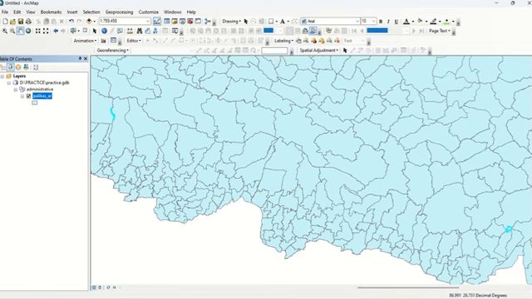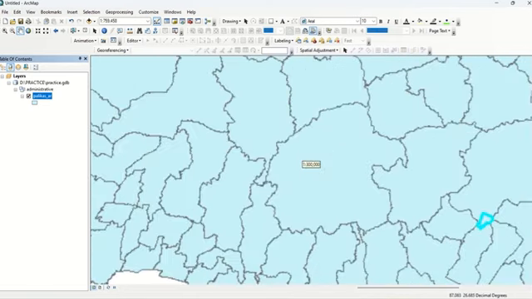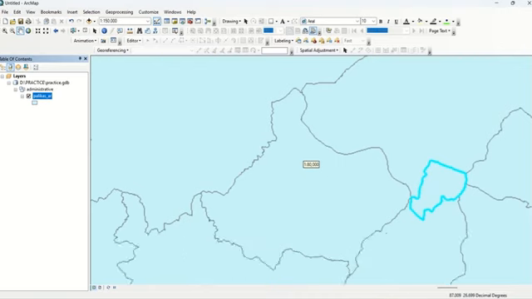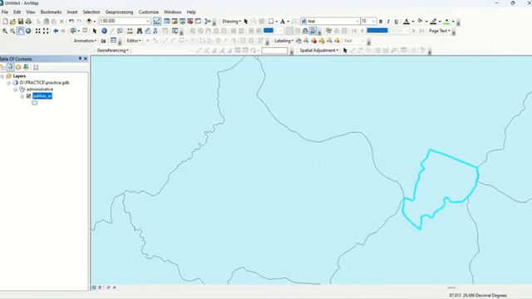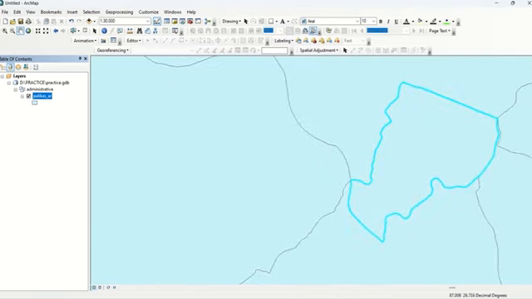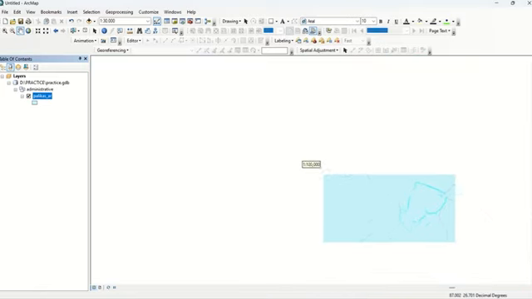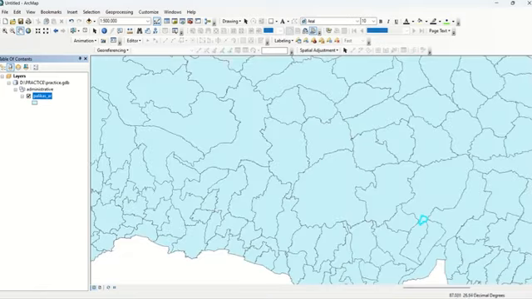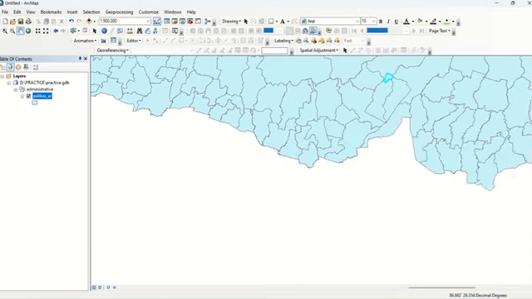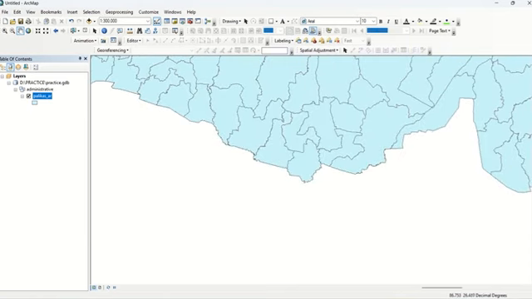So here also, in this area, this is also part of a designated area, I think. So this is the way that we check for the errors, and after careful examination, we remove such errors